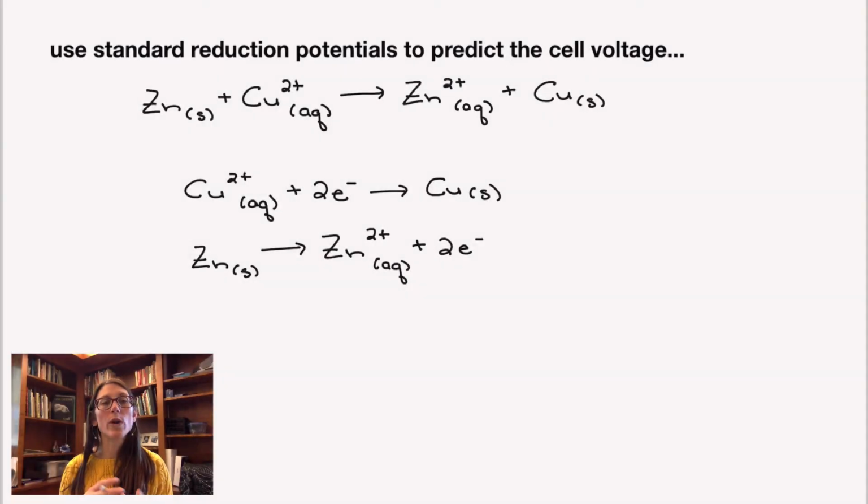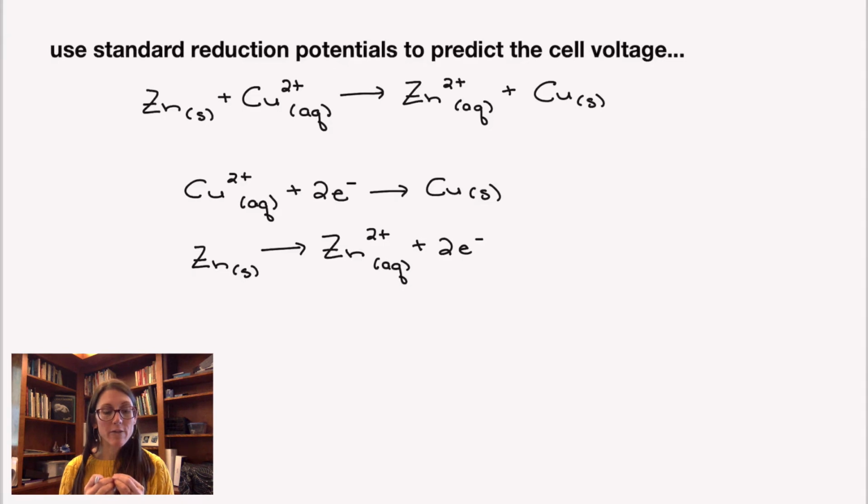Okay, so when we want to use these standard reduction potentials, not just to decide what's being oxidized and what's being reduced, but to actually predict a value for that cell voltage, what we're going to do is take the overall chemical reaction and break it into its half reactions. So for example, the reaction between zinc and copper to make zinc ions and copper metal, we are going to have the